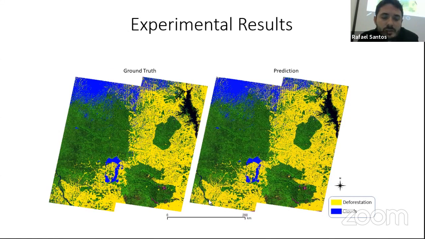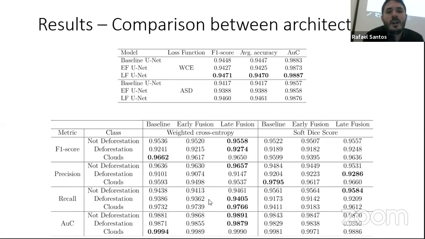Here, some experimental results for the smaller area, the first data set. In these experimental results, we got an accuracy of approximately 95%. And I will show a little bit more of these metrics now. We compared here the baseline UNet, that is the traditional UNet architecture, with the early fusion and late fusion UNet, with two different losses, the weighted cross entropy and the average soft dice. These two different losses have the characteristic of being a little bit more invariant to unbalanced data. So they compensate unbalanced data with some weights or some